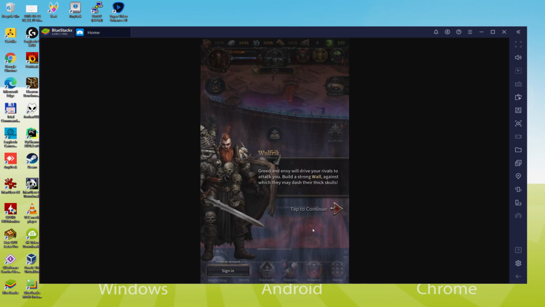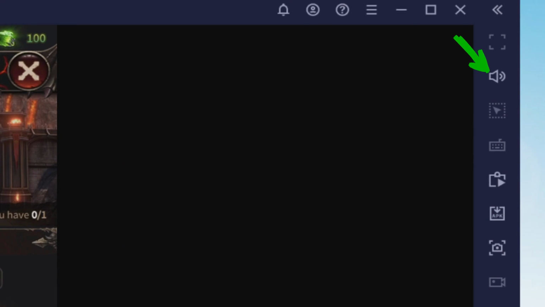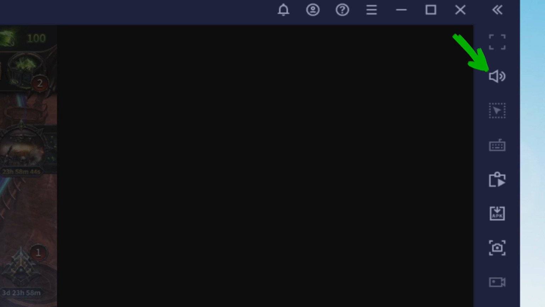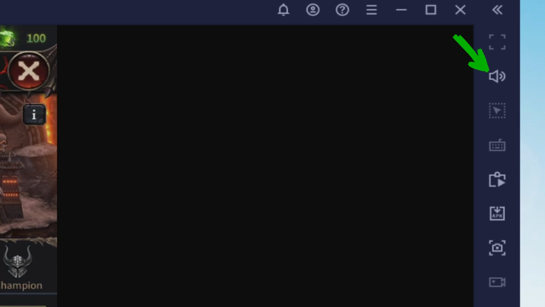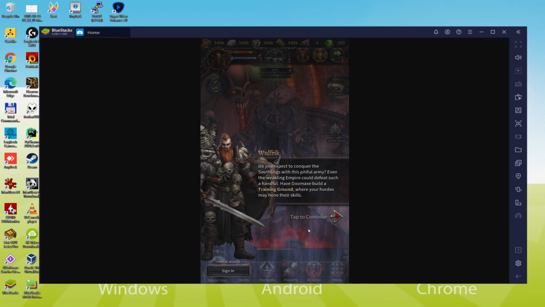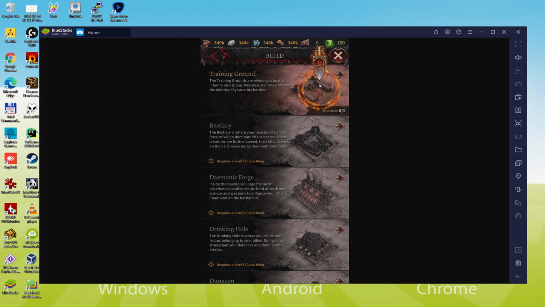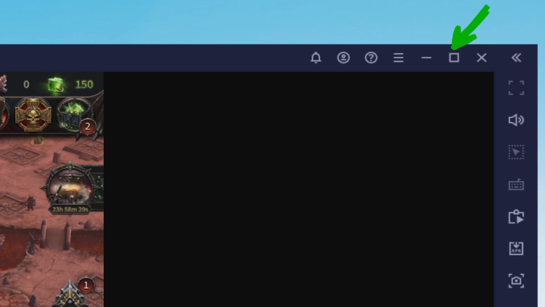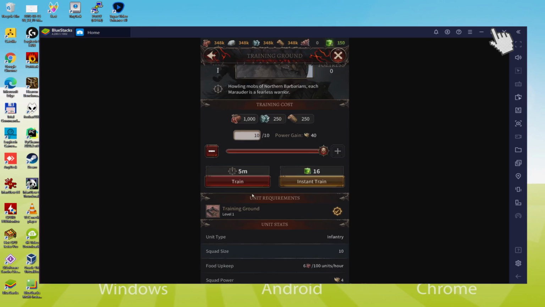I have to talk about the volume of the emulator. It's right here. We use the icon of higher volume and the icon of lower volume. This way we will not use the Microsoft Windows volume to increase or decrease the sound of your emulator. And to enjoy the experience to the fullest, we can switch on the large screen, for which we have two choices. This one is the first one. We click on this app icon which I'm marking in green.